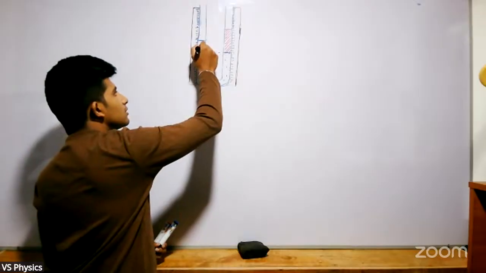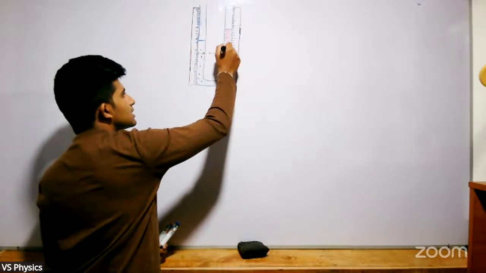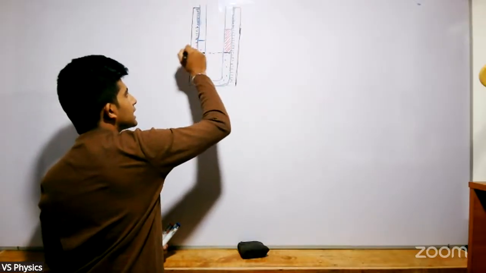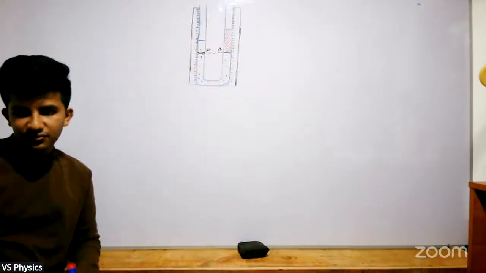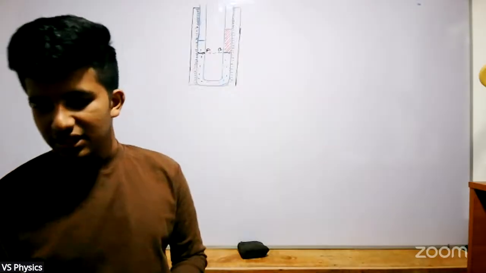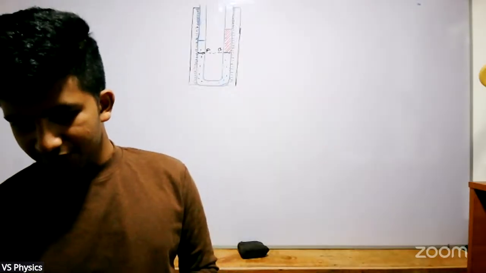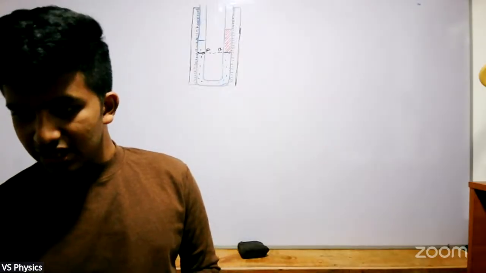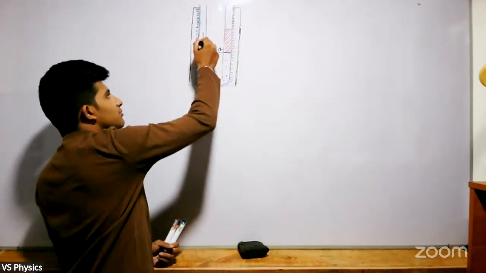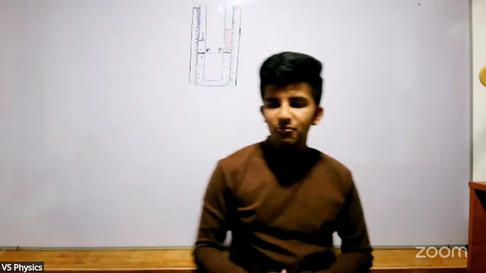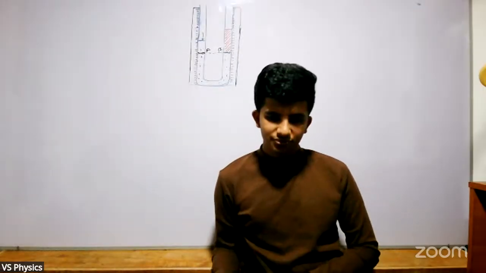For now, let's take the following interface. What is the pressure acting at A and the pressure acting at B? Pressure at A is equal to atmospheric pressure and the water pressure. In the same way, pressure at B is equal to